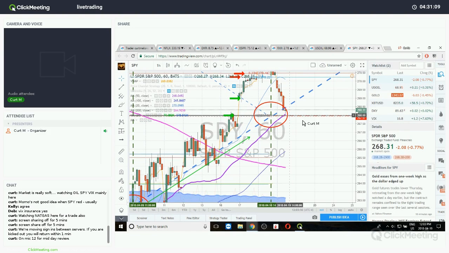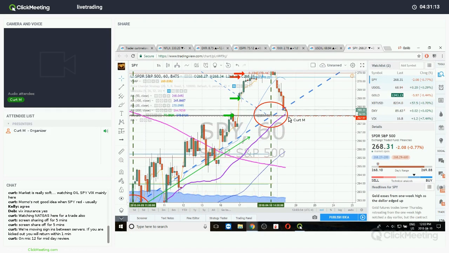Your support is just over 268. It's trading 268.31 right now. It hit 268.10. So it basically hit intraday support. Your next support down, it's fairly deep. 265.71 is the next notable one. 265.71 and 265.5. Now there's going to be a quad trend line here.